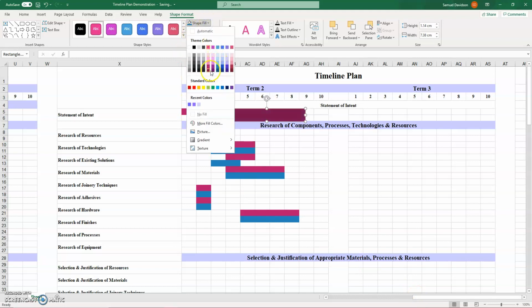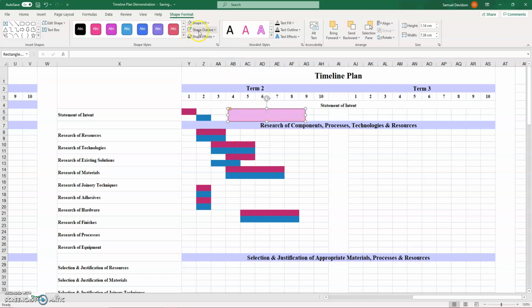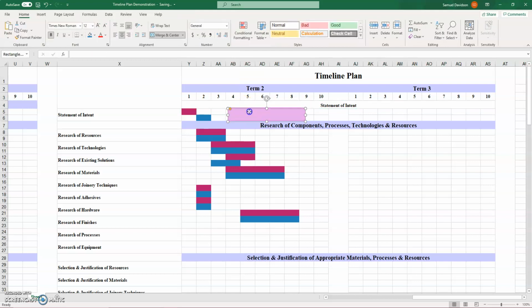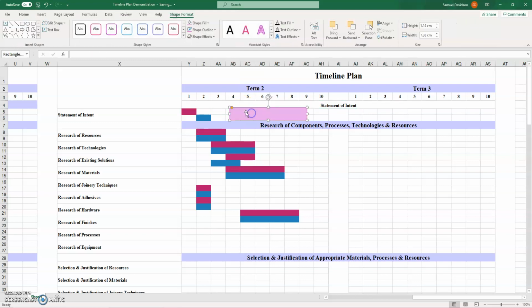I'm going to come up here and just choose whichever color suits, and I'm going to change the outline to the same. You don't have to, you can have a different outline, it's up to you, it doesn't really matter. From here, I'm going to double click, and when you double click, it gives you the ability to add text. So to add text, I'm going to write in, took longer than expected